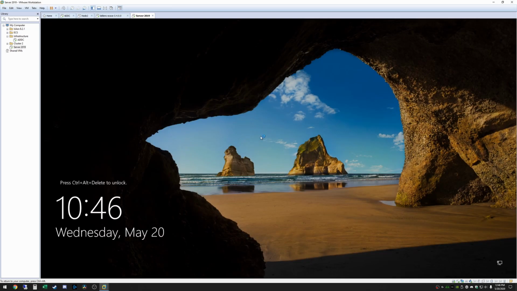Okay, as you can see, we are back to the lock screen. If you're not familiar with it, if you need to log into a desktop like I need to within VMware Workstation right now, you don't actually hit Control-Delete. If you hit Control-Delete, then that will send that command to your